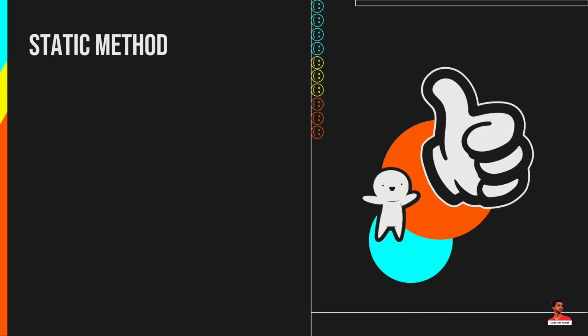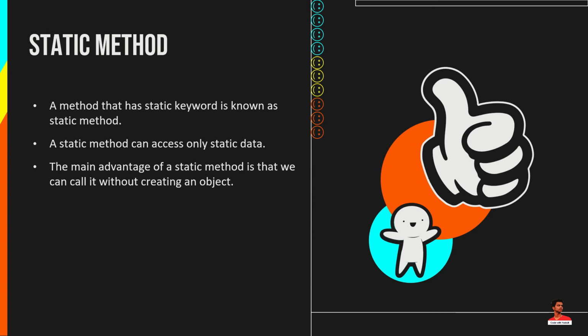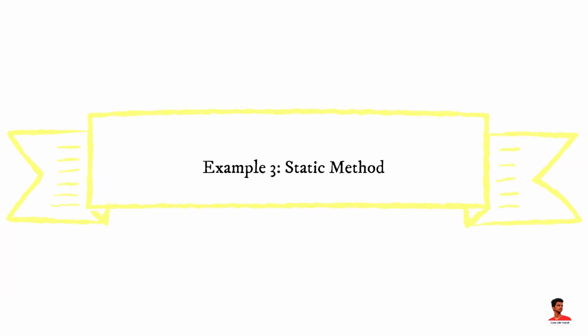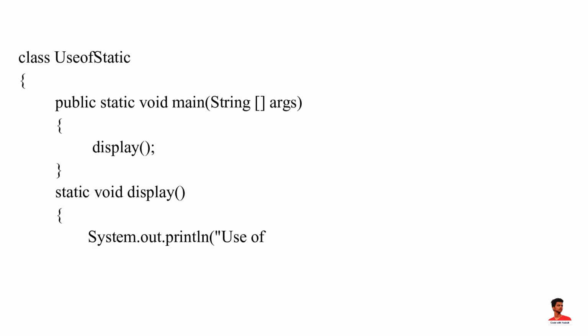Static method. A method that has static keyword is known as static method. A static method can access only static data. The main advantage of static method is that we can call it without creating an object. It is invoked by using the class name. Output of this program is: